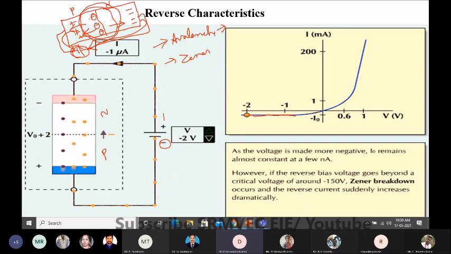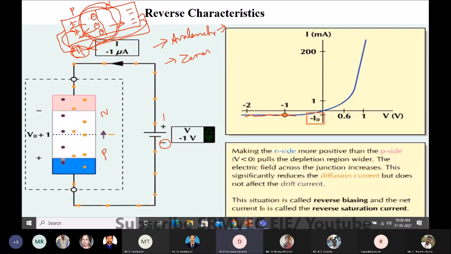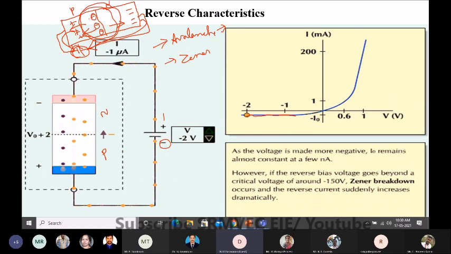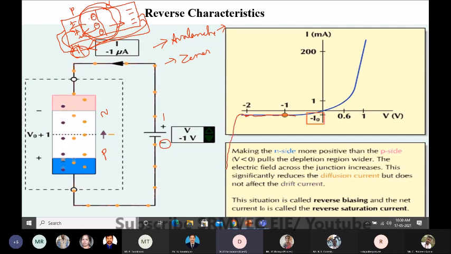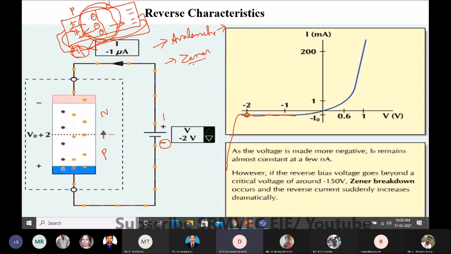What will happen? The covalent bond vibrates and breaks down, and due to the breakdown, electrons are released. The absence of an electron is what we call a hole. So electron-hole pairs will be generated and the current will start flowing. So after the breakdown, the current will be increased. So that is avalanche. Whereas in Zener, it is a particular type where the doping of the material is made